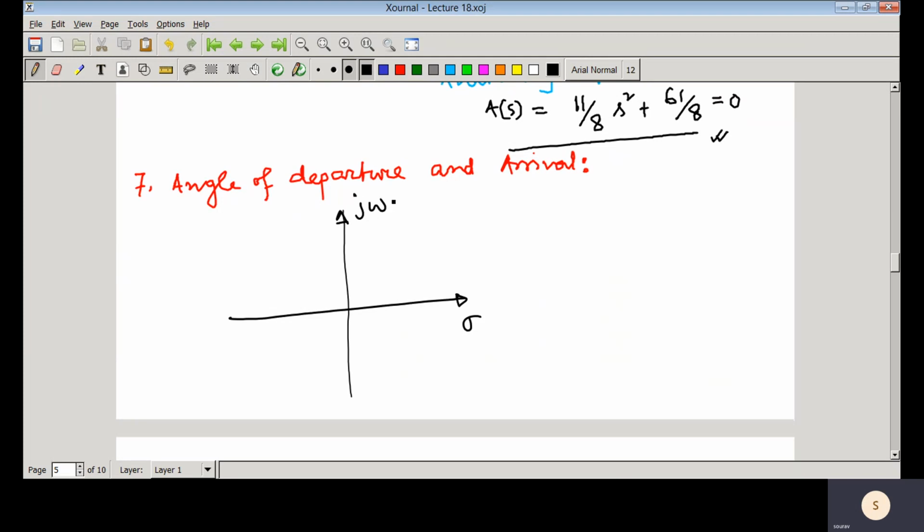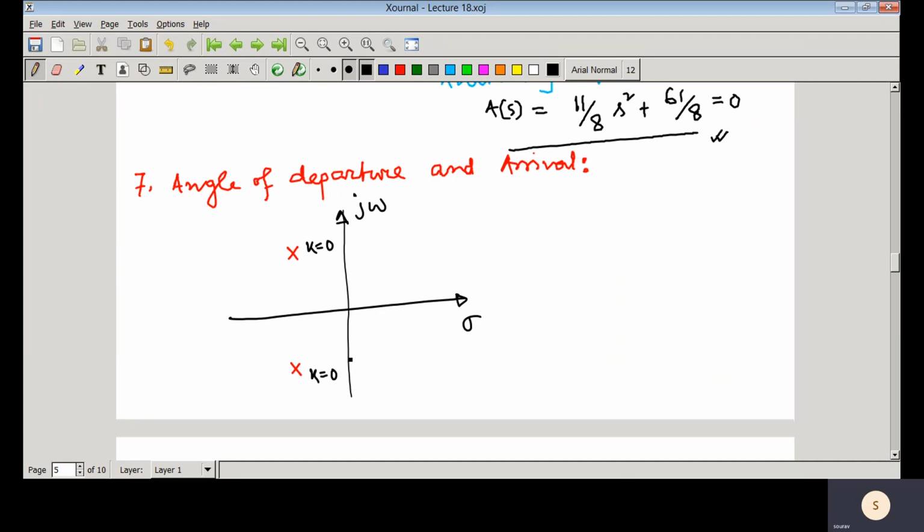What is that? Suppose you have one pole here and one pole here. They are complex conjugate. So we know that when k equal to 0,